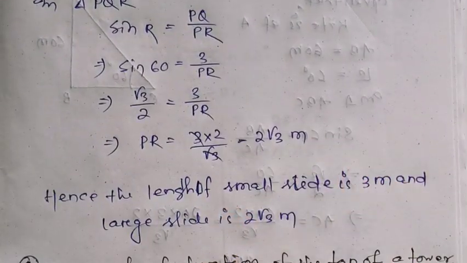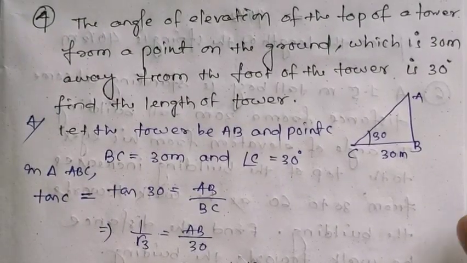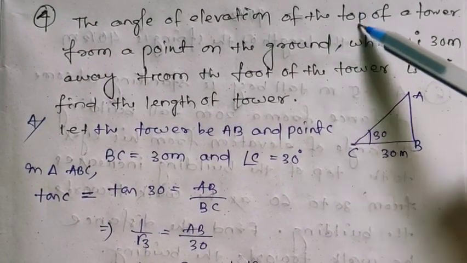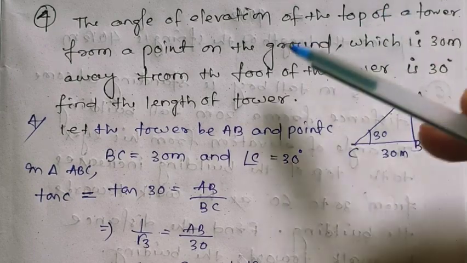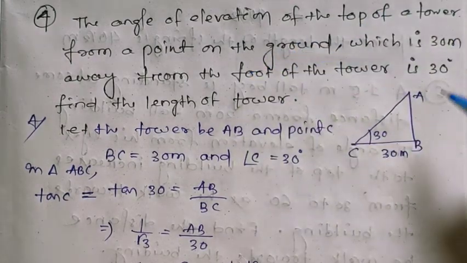So we have found AC, we have found PR. We have already found the length of two sides. Hence the length of the smaller slide is 3 meter and the larger slide is 2 root 3 meter. Understand up to this? Okay, let's go to the next question, that is question number 4. Here is a very small question. The angle of elevation of the top of a tower from a point,